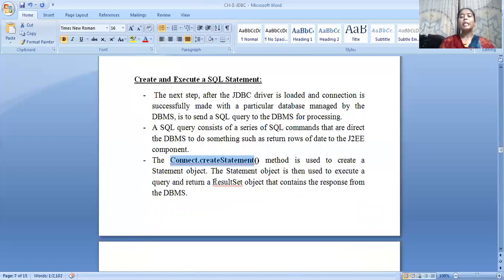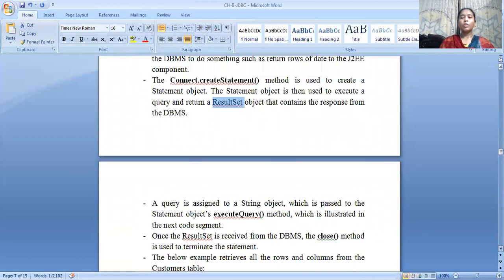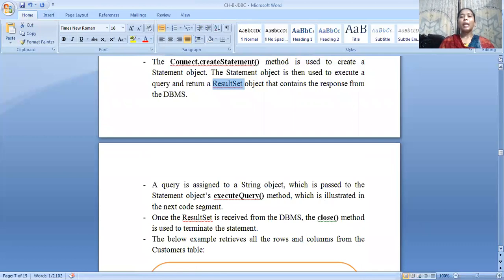So when it is returning the result set, it uses an object called the result set object. Going to the next point, to execute I have to say please execute this query. To execute a query, it uses a predefined method called the executeQuery method. After getting a result set value by using a result set object, it should close the method to terminate. For that I need to use a predefined function called close.